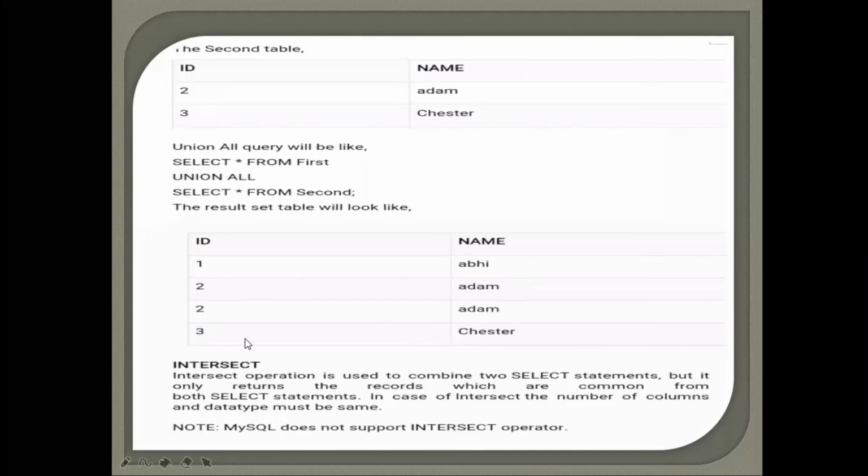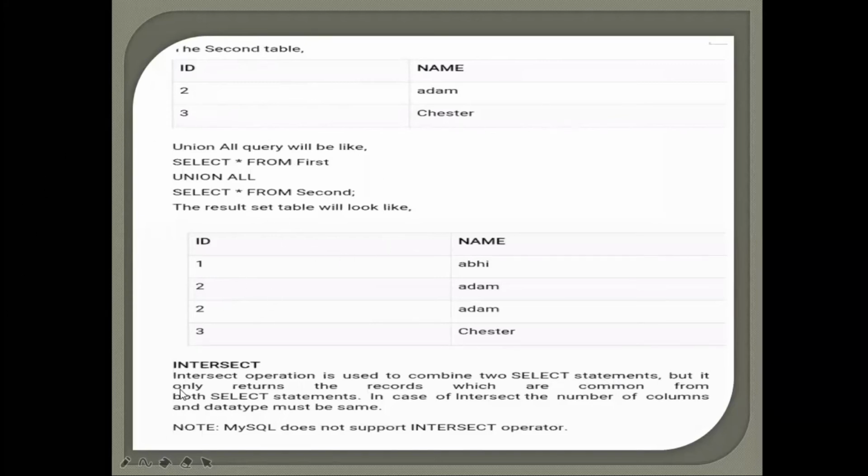Now you would see this table is one single table, which is a combination of your first table and second table. So there we had two tuples, over here we have two tuples, and we are combining them to form one single table as an output. Even the duplicate value here is being repeated. That's the difference between your union and union all.